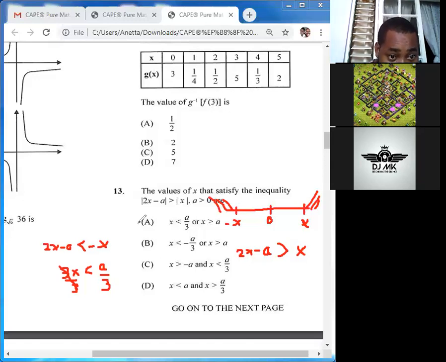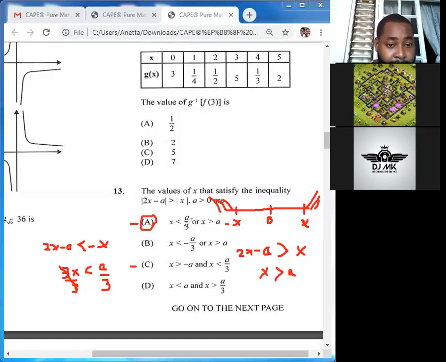So we're down to either a or c, because the other x less than a over 3 options are here. So we have a or c, and we're going to eliminate. I'll just solve over here now to get the other answer. This x comes over as a subtraction now, so it becomes 2x minus x, that's just x. And this a goes over, going from negative to positive. So we're looking for x greater than a. So therefore, the answer we're searching for is going to be